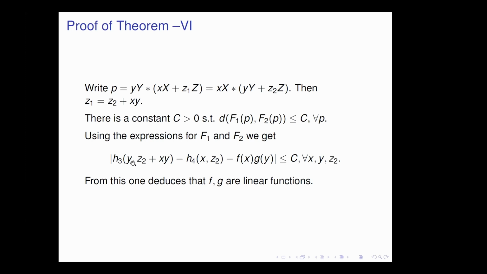So you have h3(y, z2) minus h4(0, z2) is bounded from above by a constant. That's true for any y and z2. And by doing that, we can deduce that the two functions, letter f and letter g, are linear functions. So you still have to do something, but it's easy. It's elementary. So once you show that f and g are linear functions, you can see that